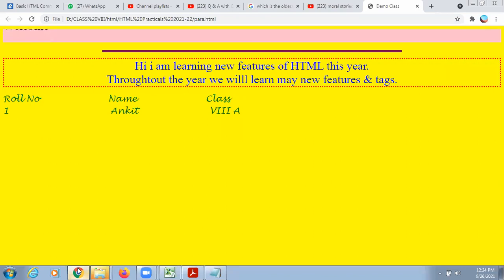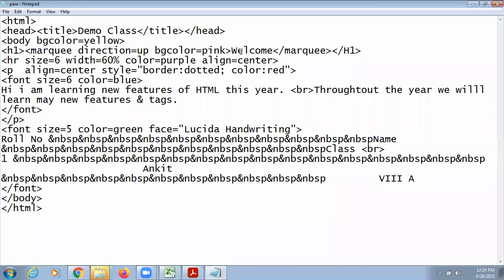Now welcome, I want to bring in the center. So for center, you will use the center tag after the marquee tag this time. Then only it will come in the center. Save, check.